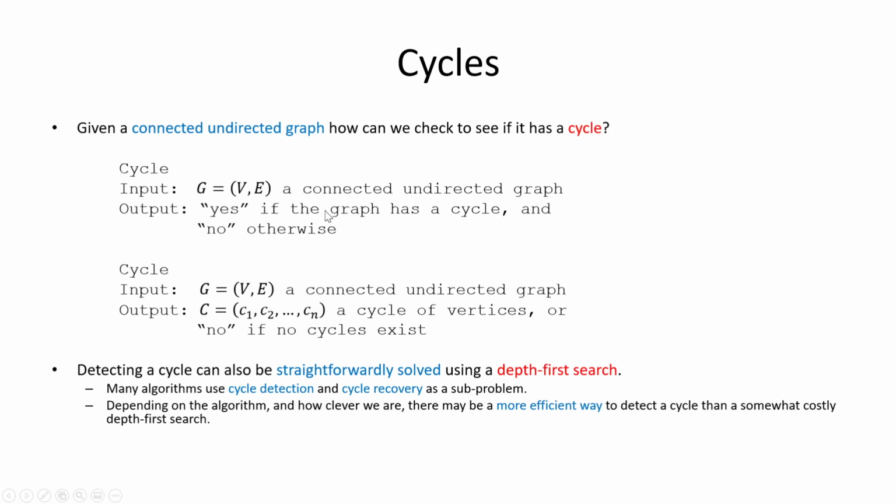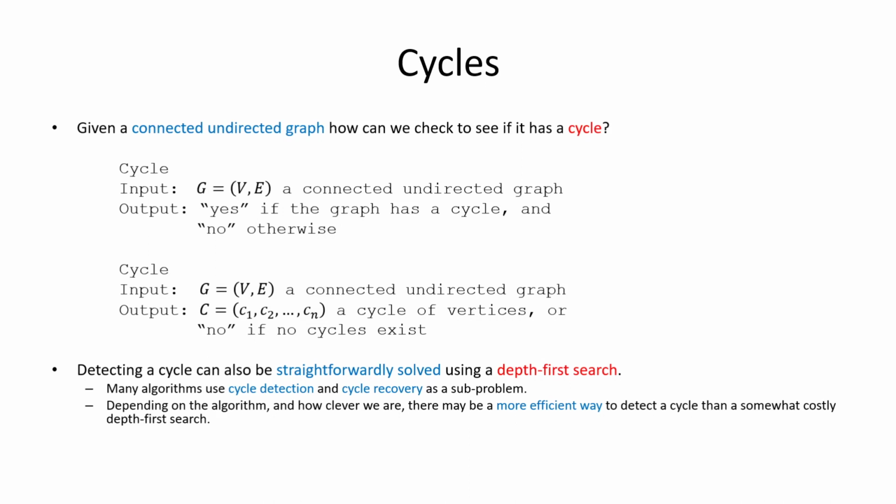So again, how might we carry out this, or how might we solve this? I mentioned depth first search would be another solution. How can we do that? Well, there's sort of two sides to this. One is, if we do our depth first search, and in our depth first search we never encounter a vertex that we have already encountered, a repeat, except through backtrack, then there must be no cycles at all in our graph. So the no side here is, if you do your depth first search and you never repeat a